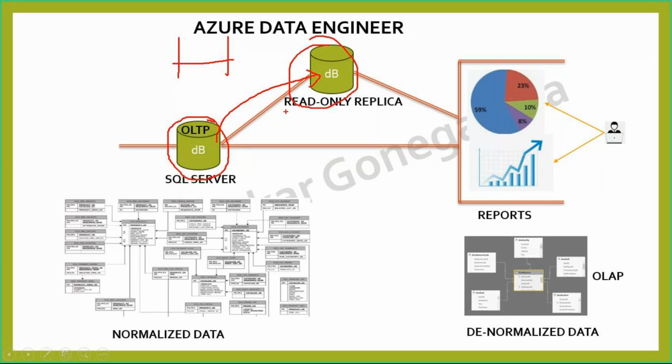Okay, they're going to have read-only access. You're not going to have anything other than that. And instead of taking data from here, the reporting team is going to take the data from here, and you can have different kinds of reporting tools. You may have Power BI, you may have SSRS, or you may have Tableau or any other reporting services. You can use it, but this is raw data.